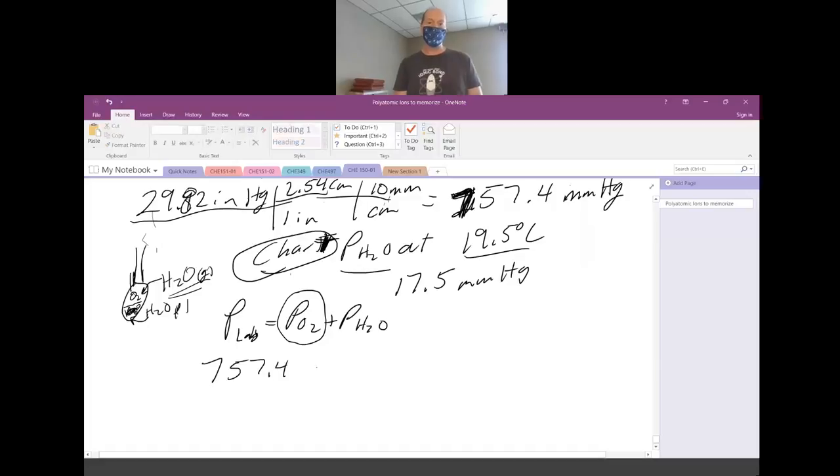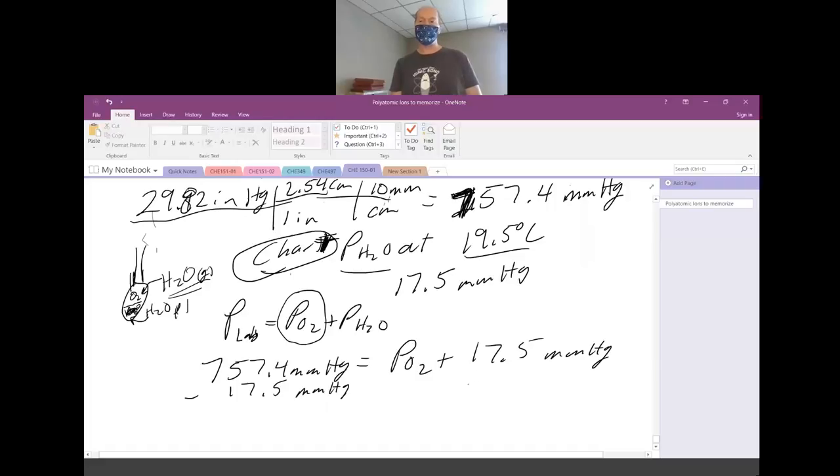757.4 millimeters of mercury is equal to your pressure of oxygen plus the 17.5 millimeters of mercury. And so we subtract 17.5 millimeters of mercury on both sides. And we get 739.9 for our pressure of oxygen, 739.9